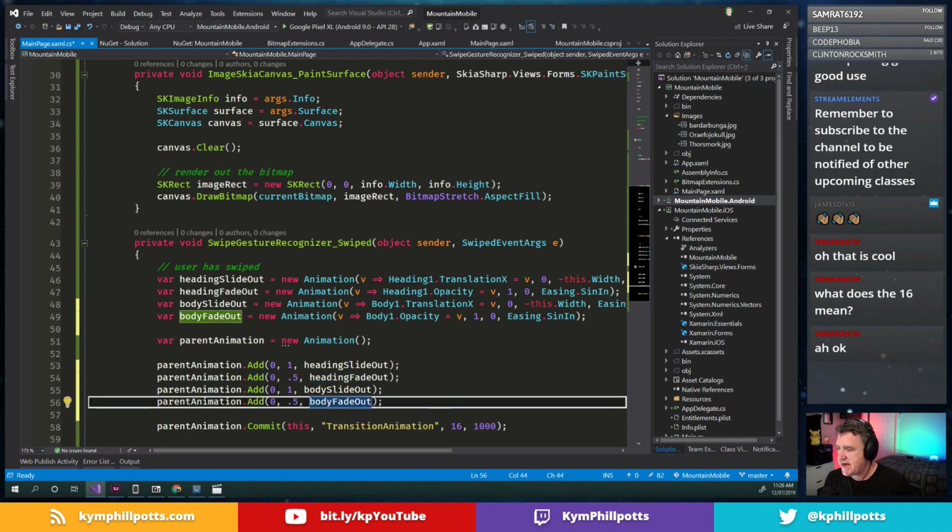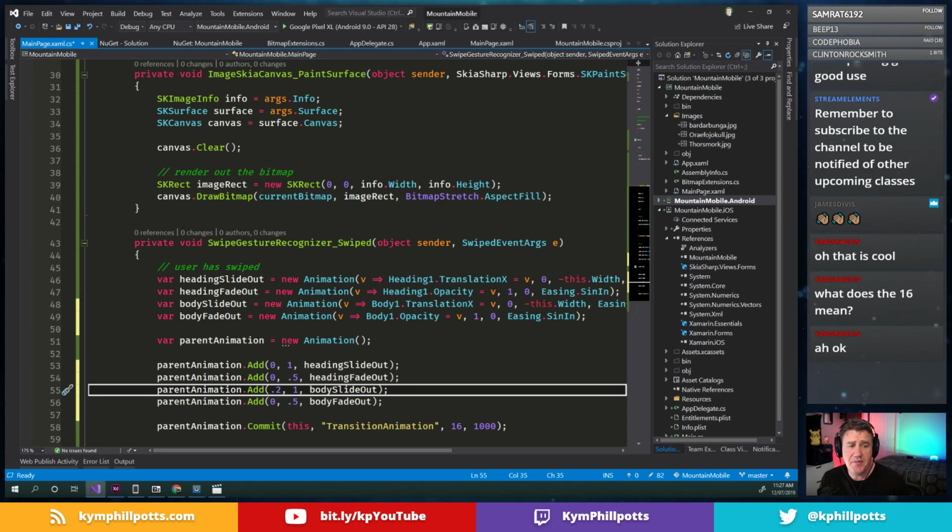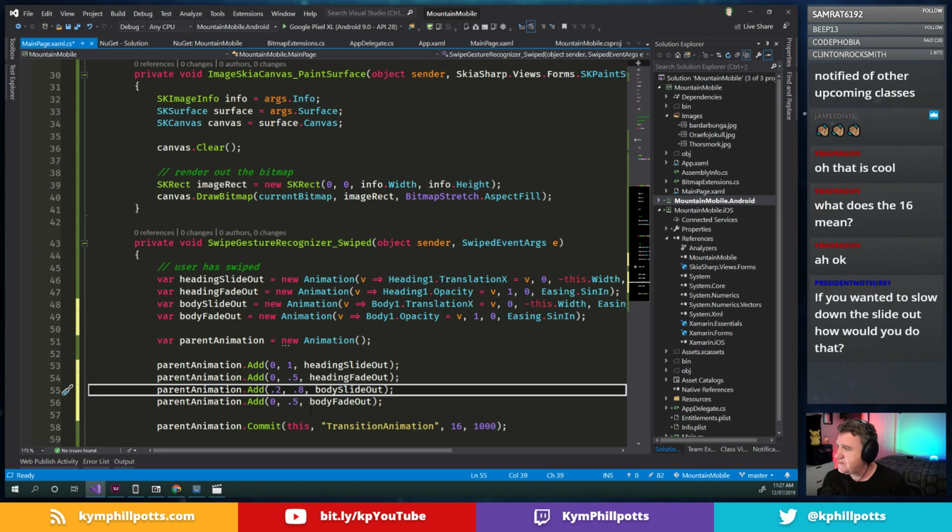Right, and we'll say, let's start sliding it out, I don't know, 0.2, for example, after. So it's basically saying I just want it to be offset a little bit, and it also accelerates a little bit faster. So we might actually want to finish it before the other one. We could say 0.2 to 0.8. So that's going to accelerate a little bit faster out of there. I don't know if we want that, but